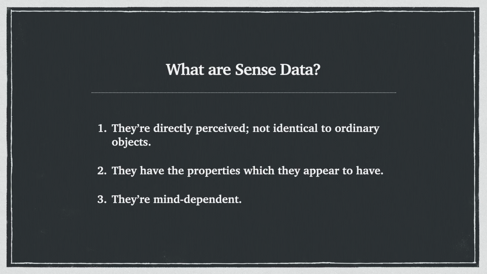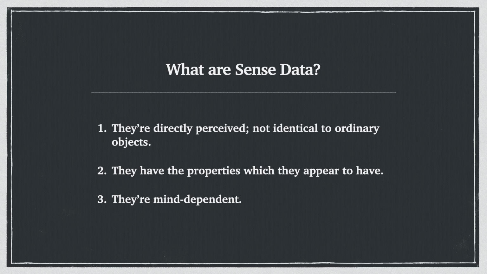To make the mind dependence thesis clear, think back to the afterimage of Taylor Swift you saw earlier on. On Russell's view, that afterimage is comprised of sense data. Now, how long did these sense data exist for? Well, you might think, for as long as you saw them, and no longer. Russell thinks this about everything you see. Sense data just aren't the kinds of things that can exist without being apprehended by someone. They're mind-dependent entities.